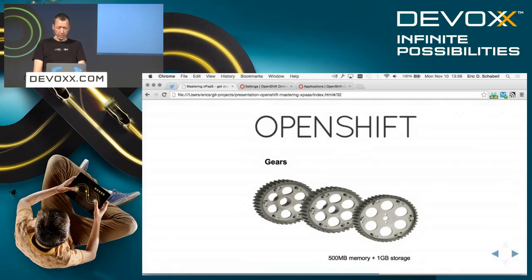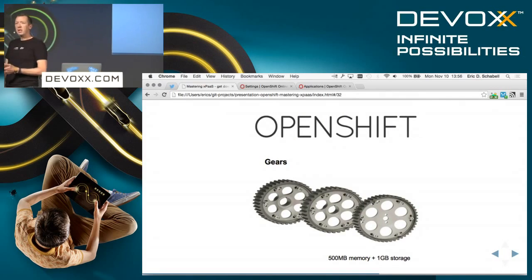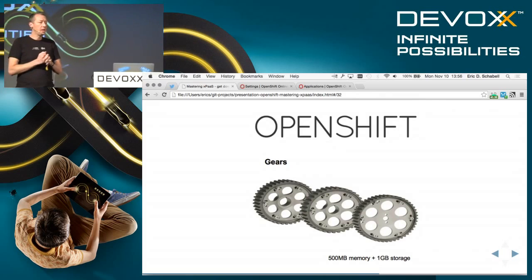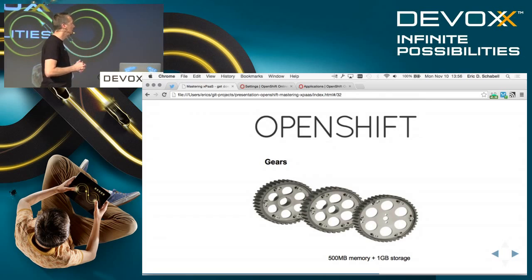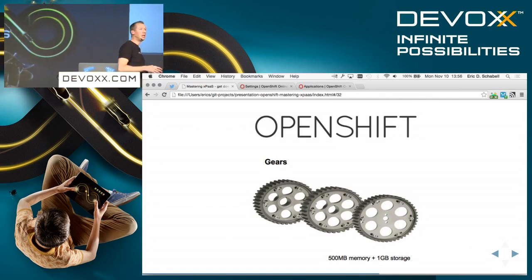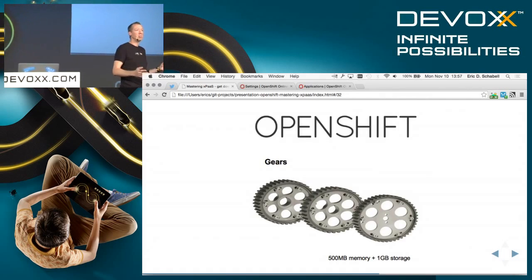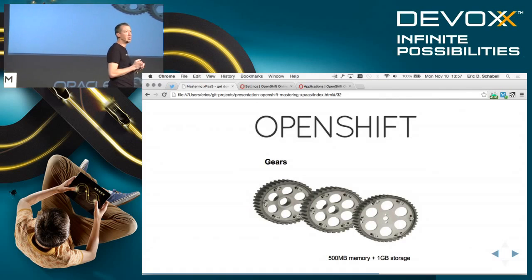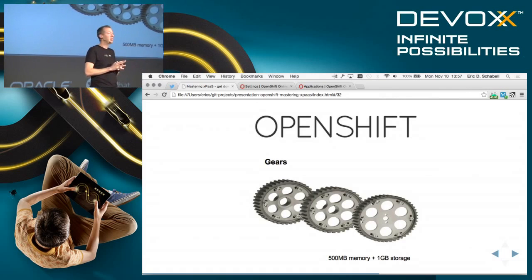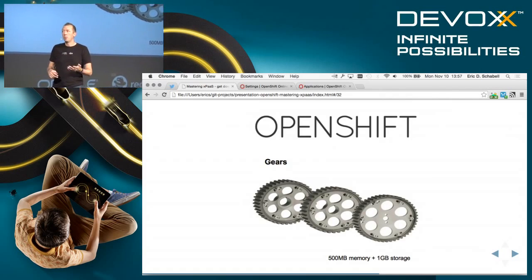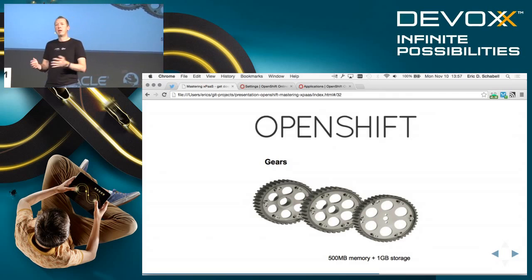Now, the gears story. When you talk about a gear, when I spin up an instance, 1 gear is 500 megabytes and 1 gigabyte of storage, unless it says otherwise. If you start upgrading, you'll get bigger gear sizes and more memory per gear. But if you're using the free stuff, we're talking just about 500 megabytes and 1 gigabyte. That means you have 3 gigabytes of storage and 1.5 gigabytes